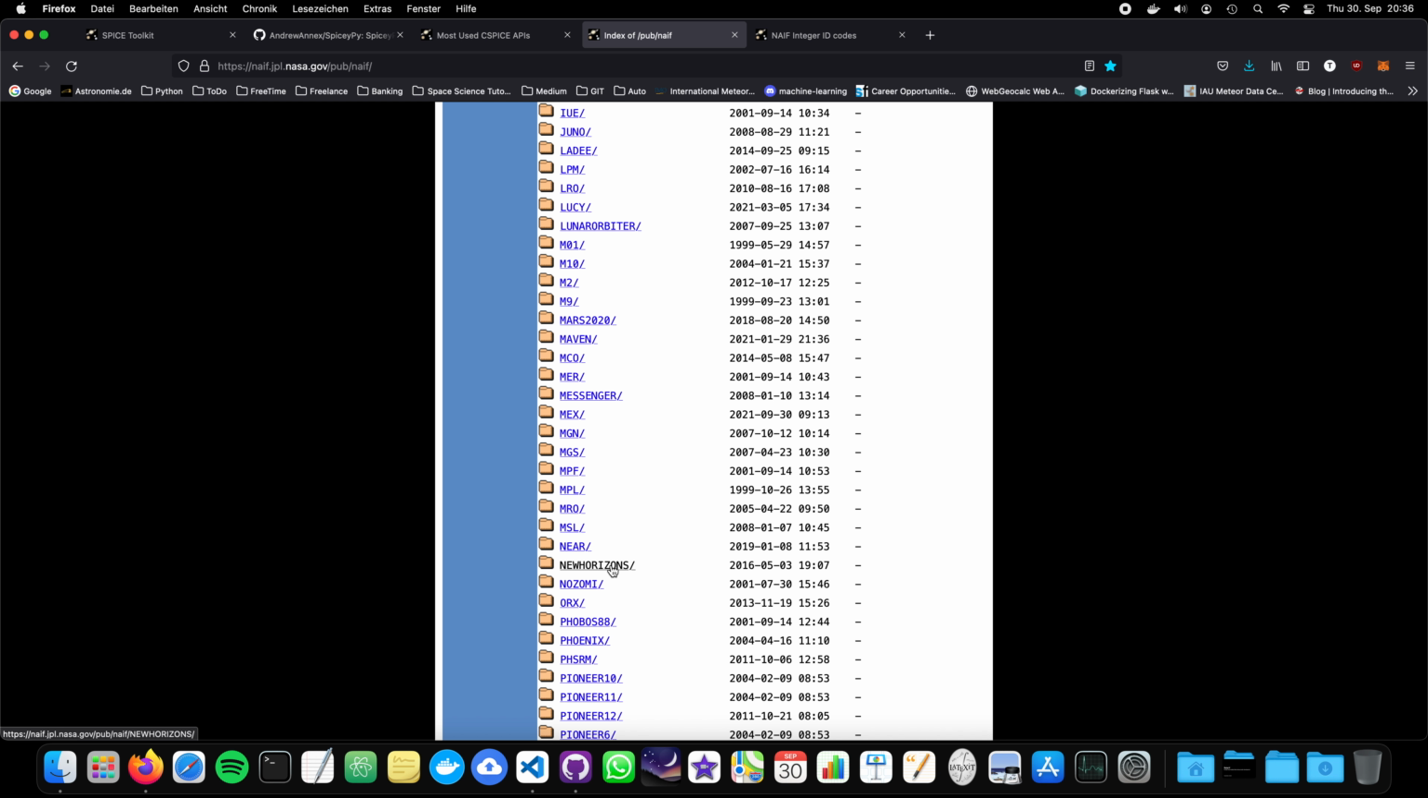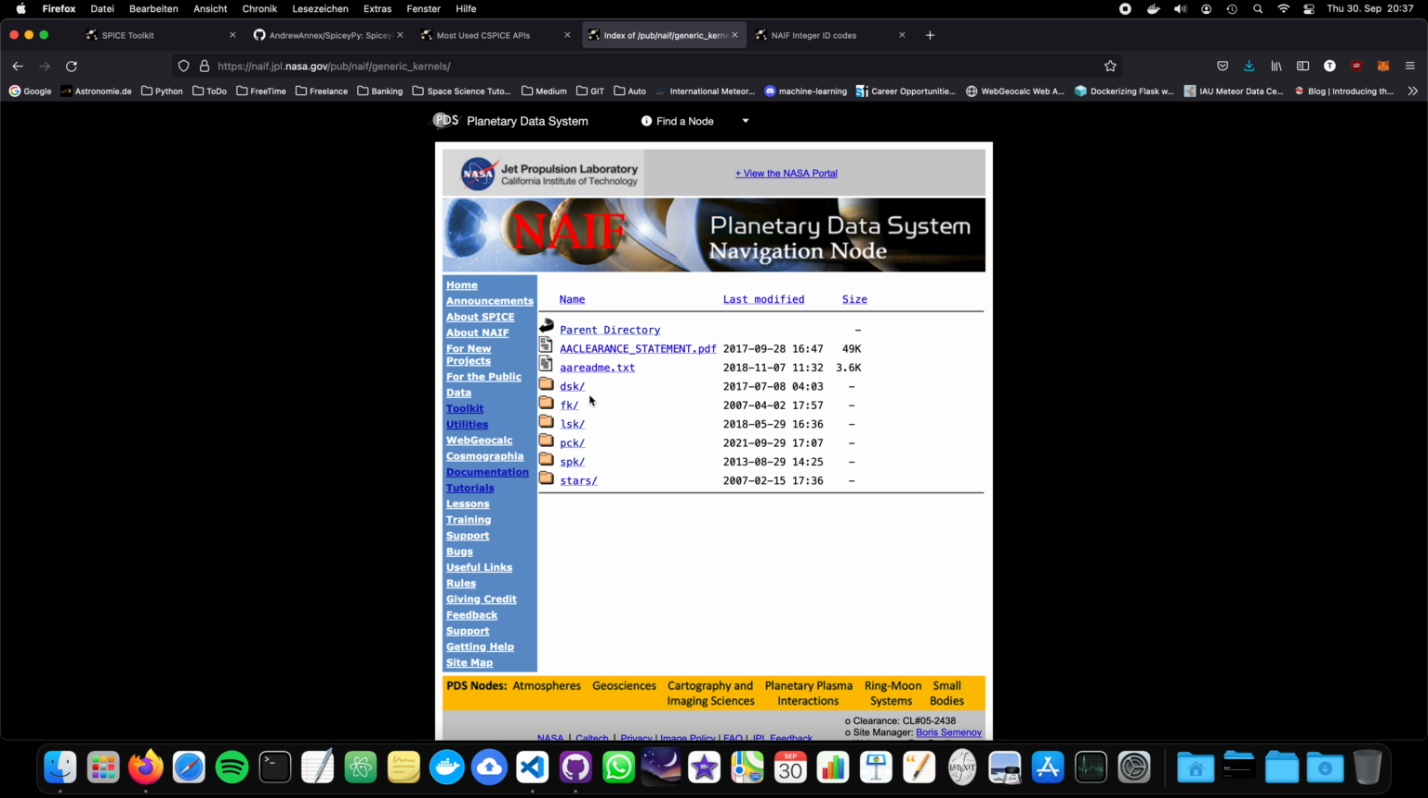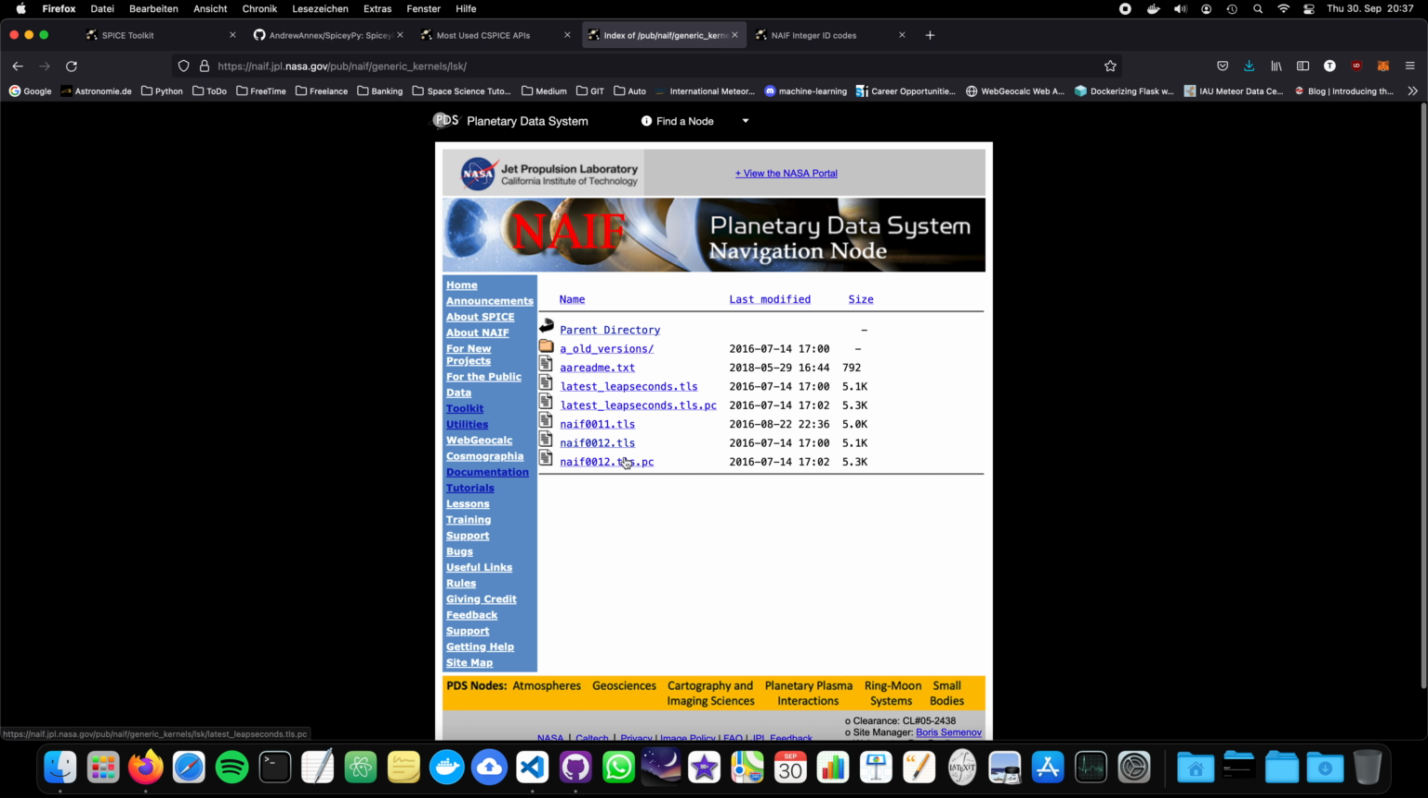And then there's another folder called generic kernels. Let's go into this generic kernels folder. Each folder contains a txt file called aa-readme.txt, and this explains the content of the subfolders and so on. And we have different folders, DSK, FK, whatsoever, and they encode the kernel type. So LSK is the leap seconds kernel we need. And from all of these, we need the most recent one. It's called naif0012.tls. So let's store this file. Let's download it